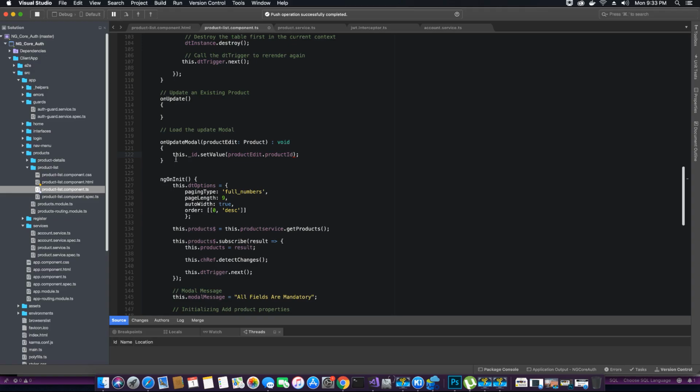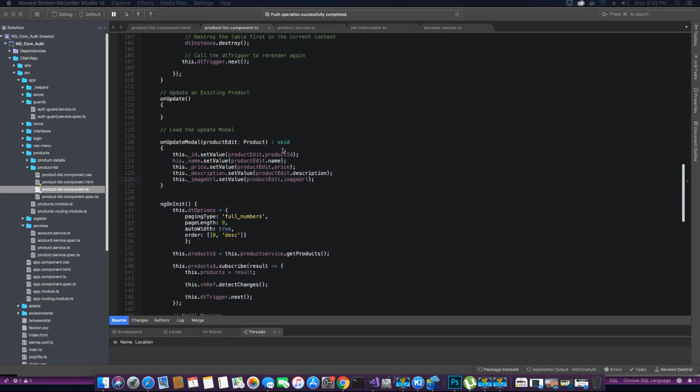Similarly, we will also set the values for other properties from the product that is being selected. So let's do that as well. So I've added the remaining properties. So now when the button is clicked on our